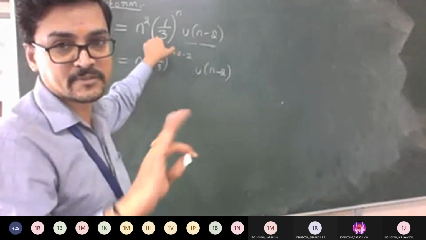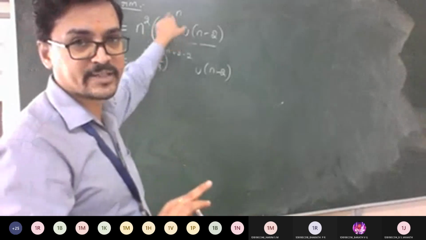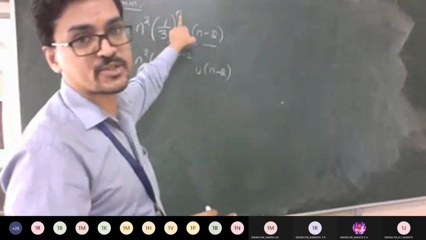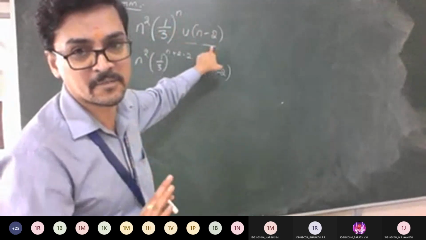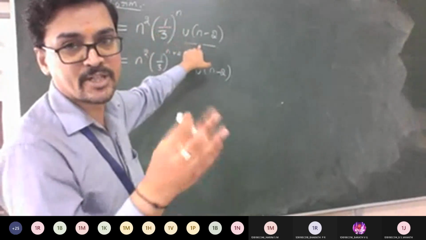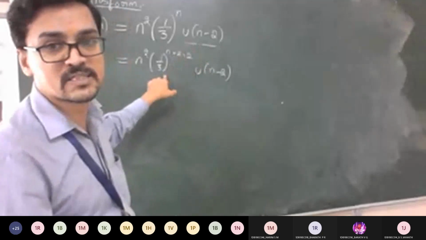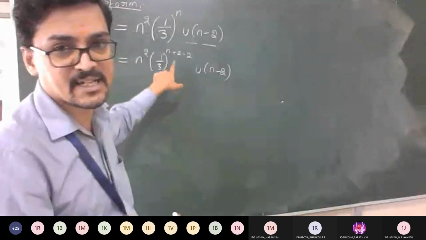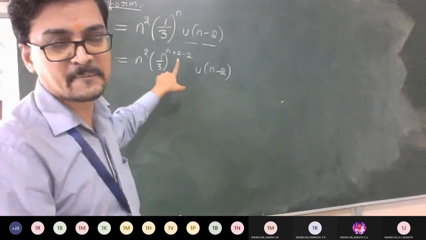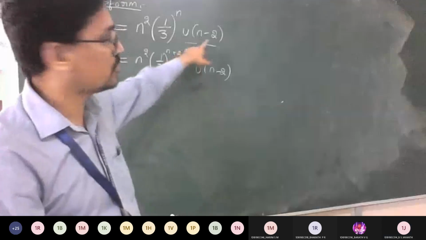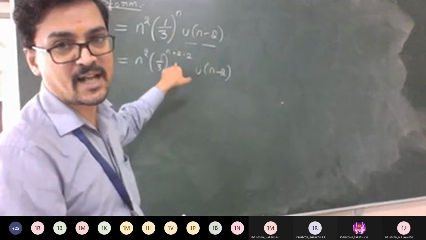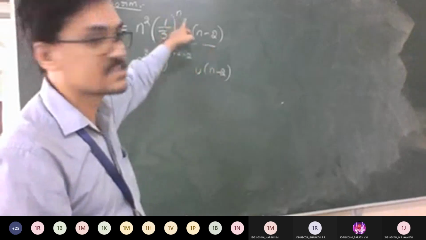The concept is simple, guys. I can apply the formula if the factors are the same. If the formula is a power n into u of n, I can write a formula. Or if it is a power n minus 2 into u of n minus 2, I can apply the formula. But now it is a mixture of both. One is a power n, one is n minus 2. So in order to balance it, we are doing this manipulation. I hope I made clear why I am doing this plus or minus 2 here. Everyone, is it fine? Yes, sir. If this is n minus 1, plus or minus 1 you should do. If it is 3, plus or minus 3. According to this u of n, you should do it since this is n.